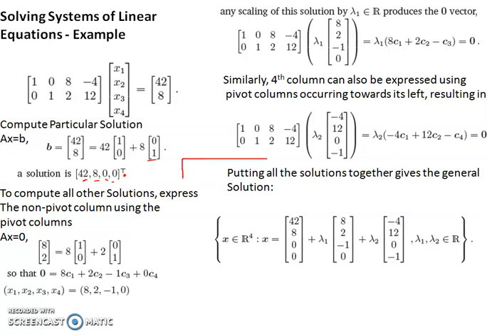The transpose is given because it represents a vector, so that is why it is taken as a transpose. Okay, so the notation will be like (42, 8, 0, 0), and you need to write it as a matrix representing one column. And similarly you need to find the other solutions. So this is a particular solution for Ax equal to b. Now you need to find the solution for Ax equal to 0, similar to what we have done